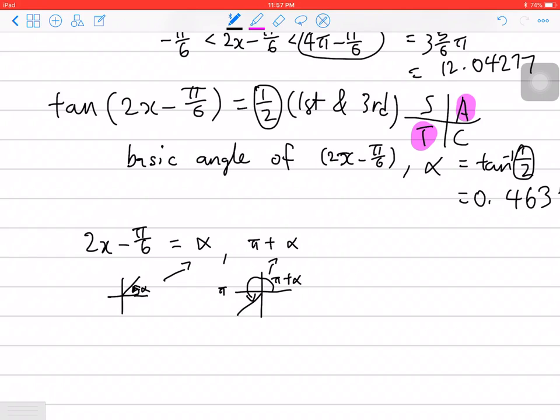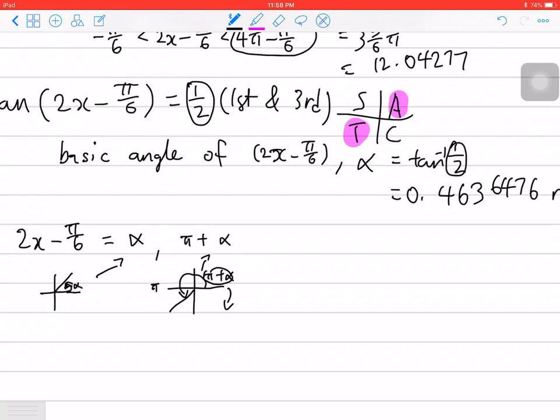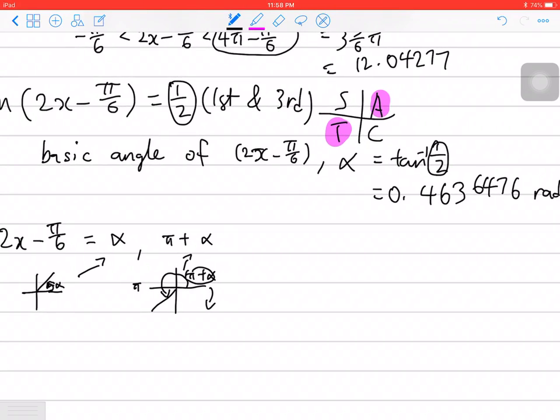And because pi plus alpha, you use a calculator, is equals to